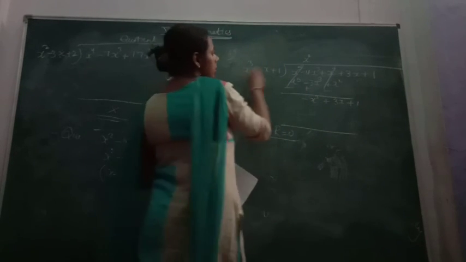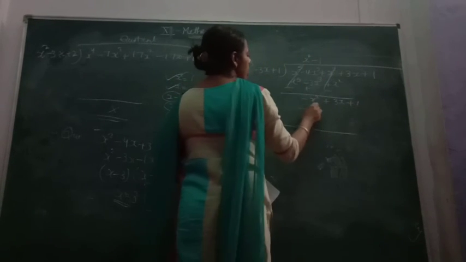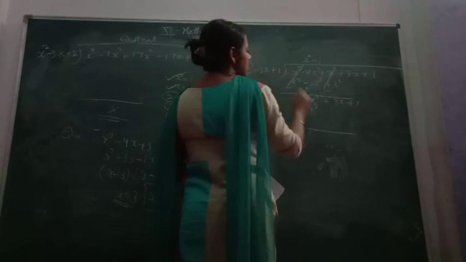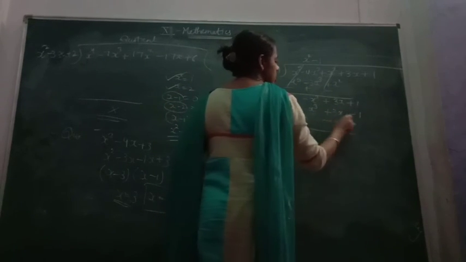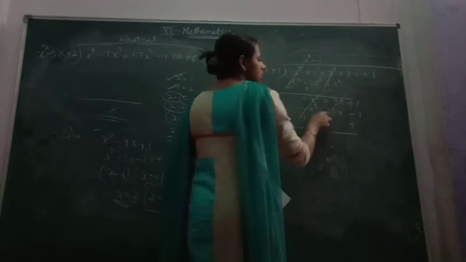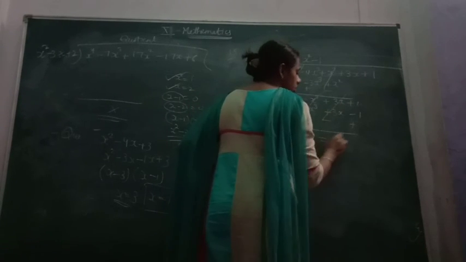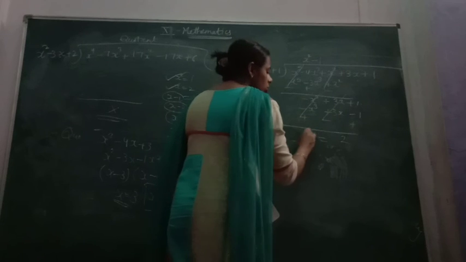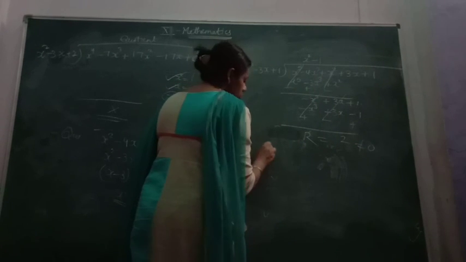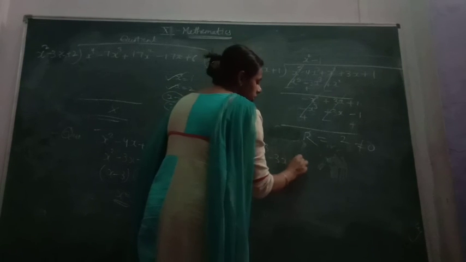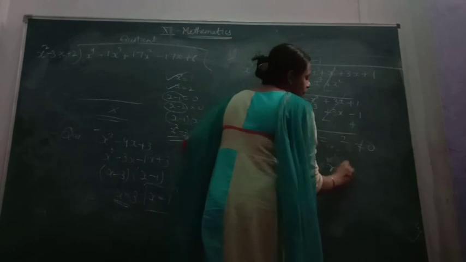I have written here. Then multiply with minus 1. You will have minus x cube, minus 1 you will have plus 3x and minus 1 will be there. Again change the symbol. These terms will be cancelled. This cancels and then your remainder will be 2, that is not equal to 0. So it is x cube minus 3x plus 1 is not a factor